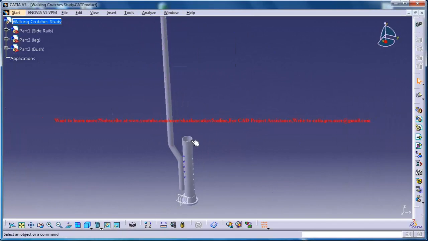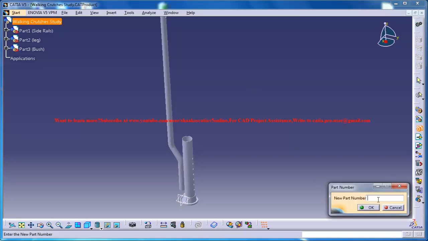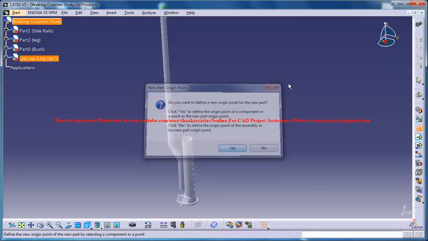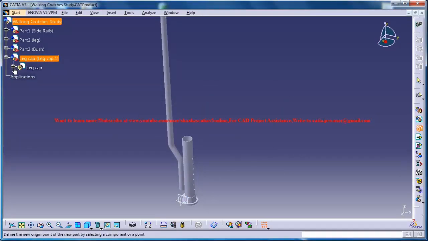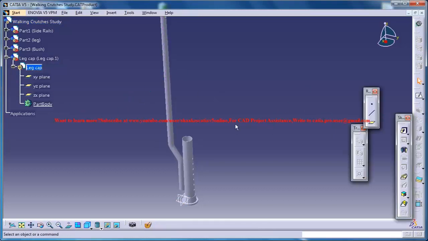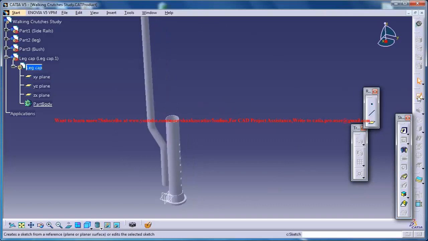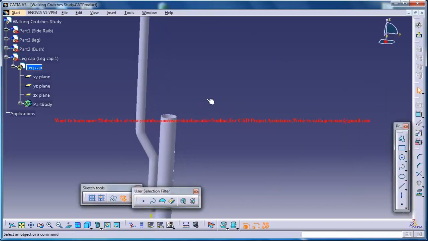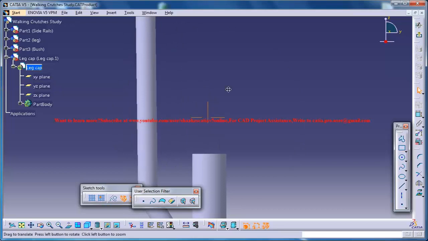The next thing you need to design is a small cap on this link. So to do that, make sure that you're in the product mode first and go for insert new part and click on the product and name the product as leg cap. That's what I call. Click on yes and expand the tree and double click on the part body to activate the part mode, and then select on the sketch and just start creating a very basic